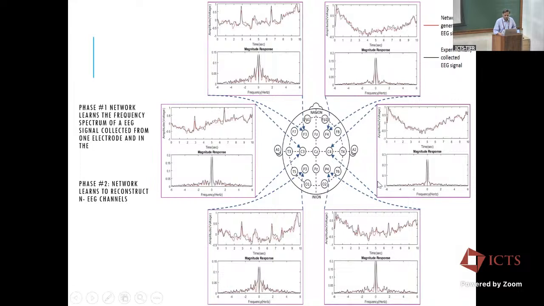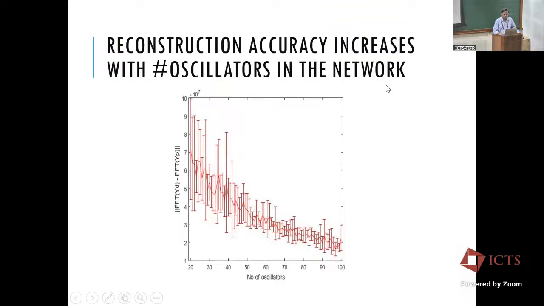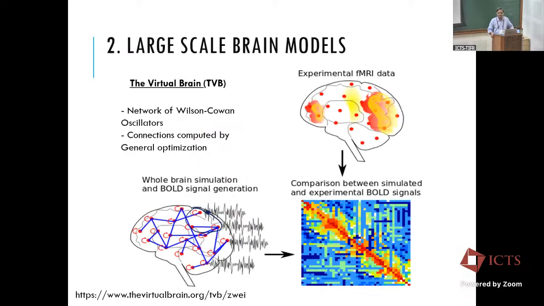We did the same thing. We took 6-channel EEG and trained this. You see that the 6 outputs of the network match the signal both in the time domain and in the frequency domain, capturing the spectrum pretty well. And as you would expect, as the number of oscillators is increased, the fit of the network also improves and the error goes down. Basically what the network is doing is some kind of Fourier decomposition and reconstruction of the input signal. Only thing is, it happens by training.